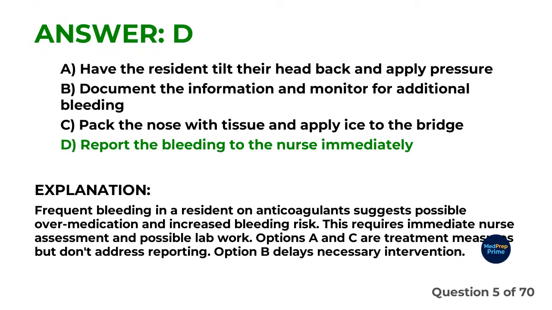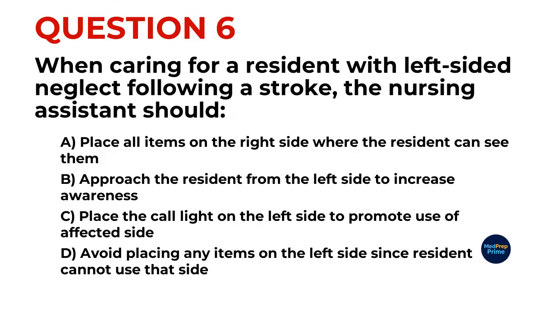Correct answer, D. Frequent bleeding in a resident on anticoagulants suggests possible overmedication and increased bleeding risk. This requires immediate nurse assessment and possible lab work. Options A and C are treatment measures but don't address reporting. Option B delays necessary intervention. When caring for a resident with left-sided neglect following a stroke, the nursing assistant should, option A,